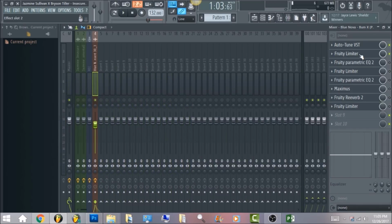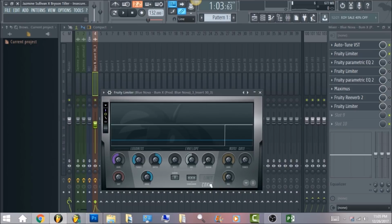So after we have that, I brought a fruity limiter for the compressor. And what I went ahead and did is I brought the release down straight to the middle, which is about 89.40 milliseconds. That's in the upper left hand corner. And for the head, I just left it as is. For the ratio, turn it all the way to the right. Turn your knee all the way to the right. I brought my threshold down to about